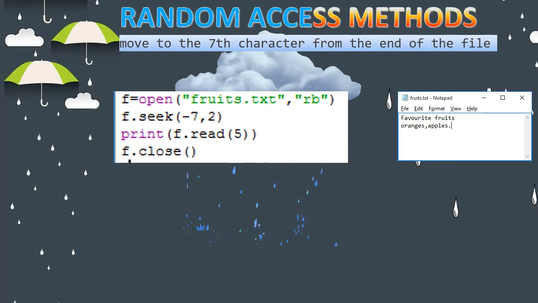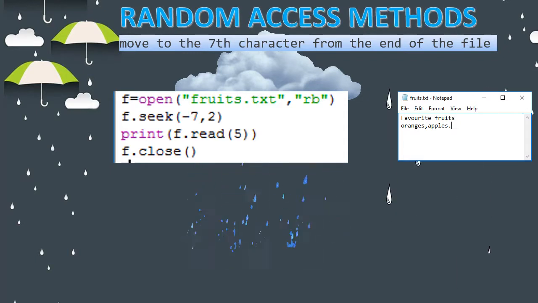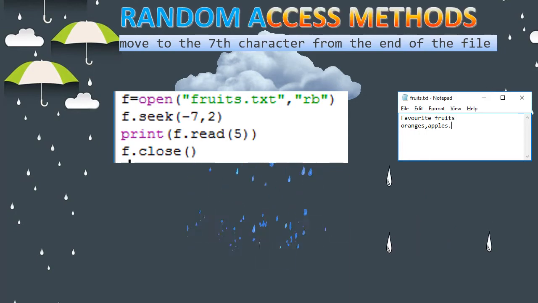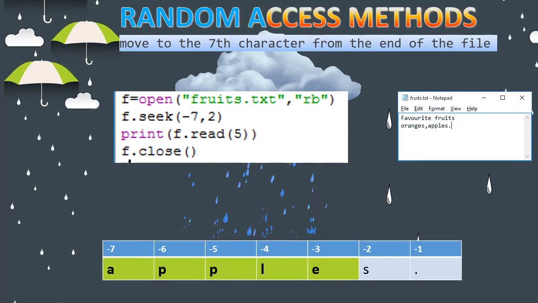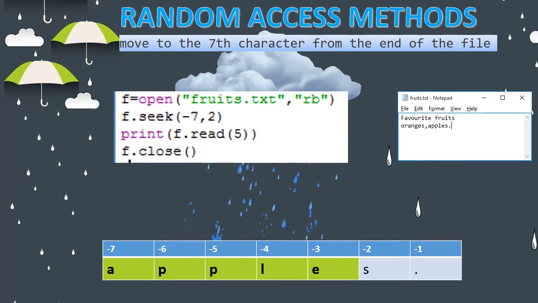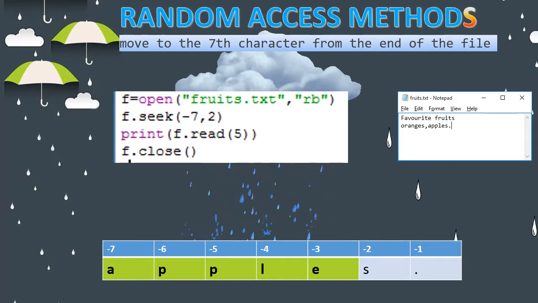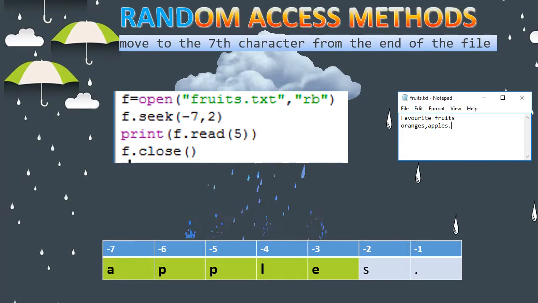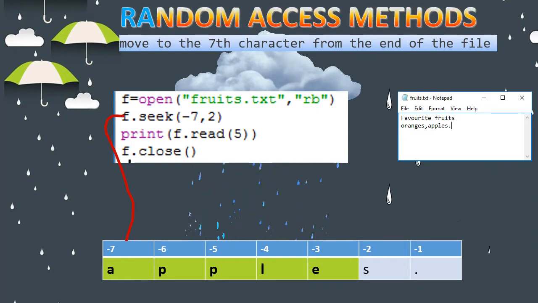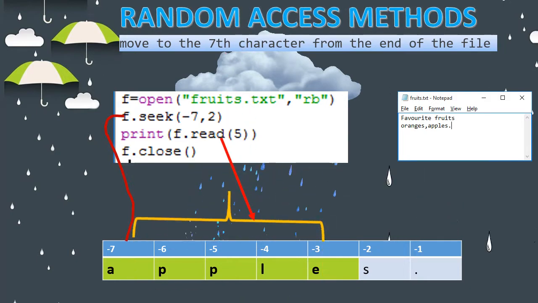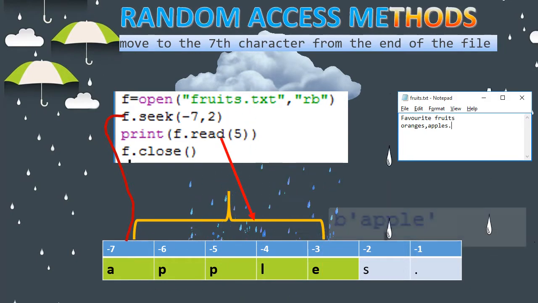The from value is 2, meaning from the end, and the offset is -7. A negative value works like backward indexing in a list, so counting from the last starts with -1. The seventh position's character is A, and with print of f dot read of 5 we read 5 letters from there. So apple will be read and printed.